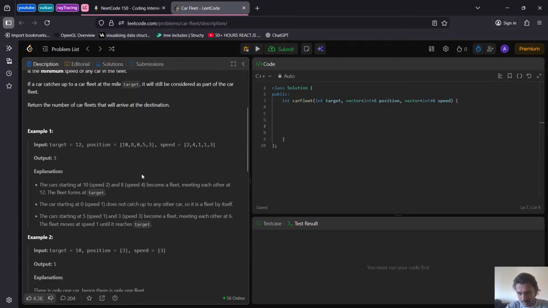Then we add the slowest to the bottom of the stack, so that will be 1. Then we'll have 6 and 6, then we'll have 12 and 12. Then again we'll move to the equation. If we reach this, so if we have 2 singular and reached the fleet,